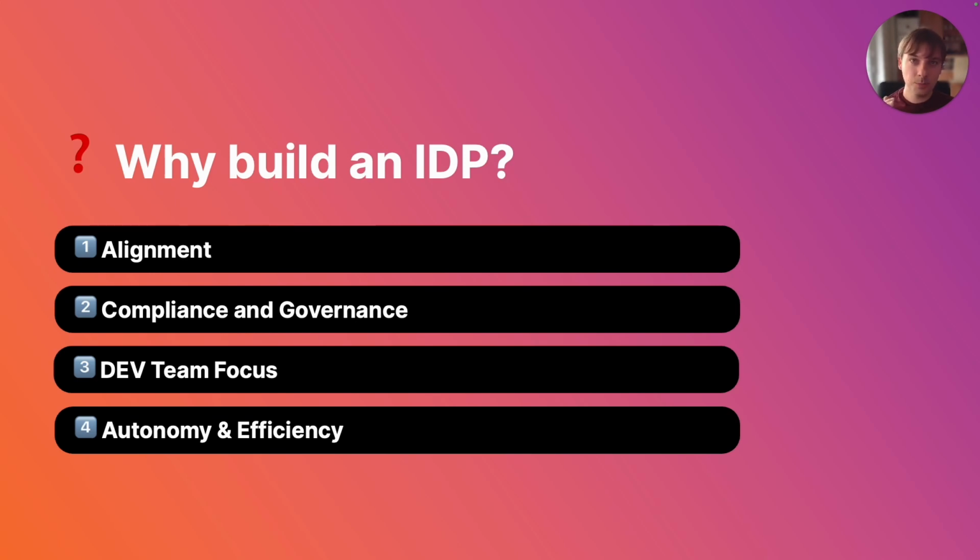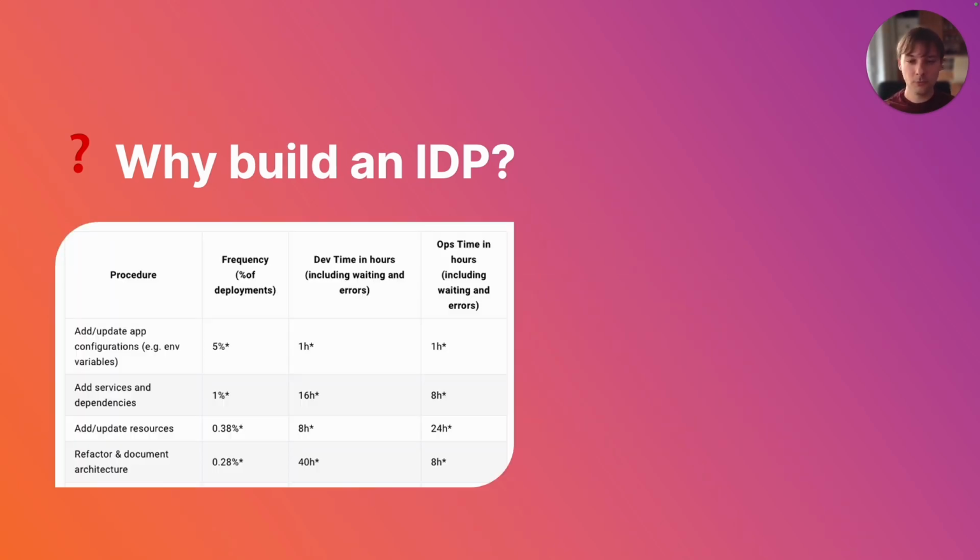So developers then have all the tools they need to actually be efficient in delivering software. So deployment frequency is better, and they can also self-serve the underlying resources. And okay, one